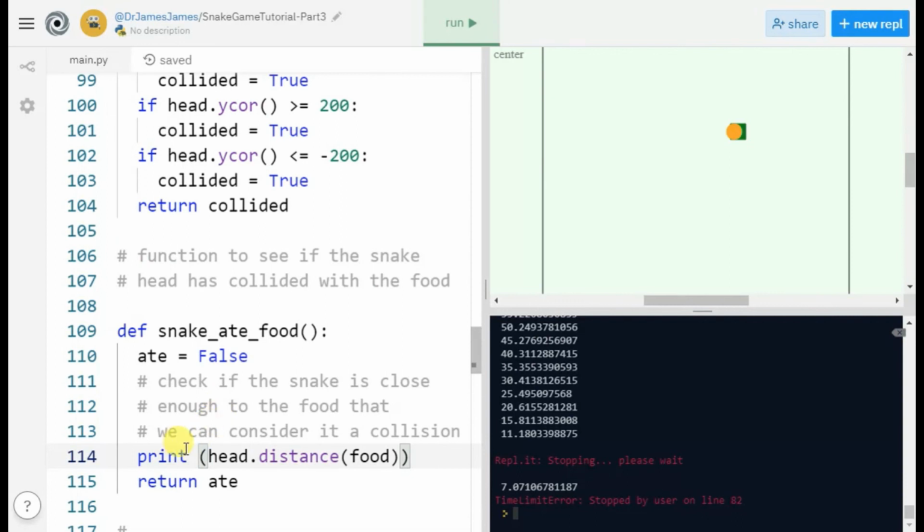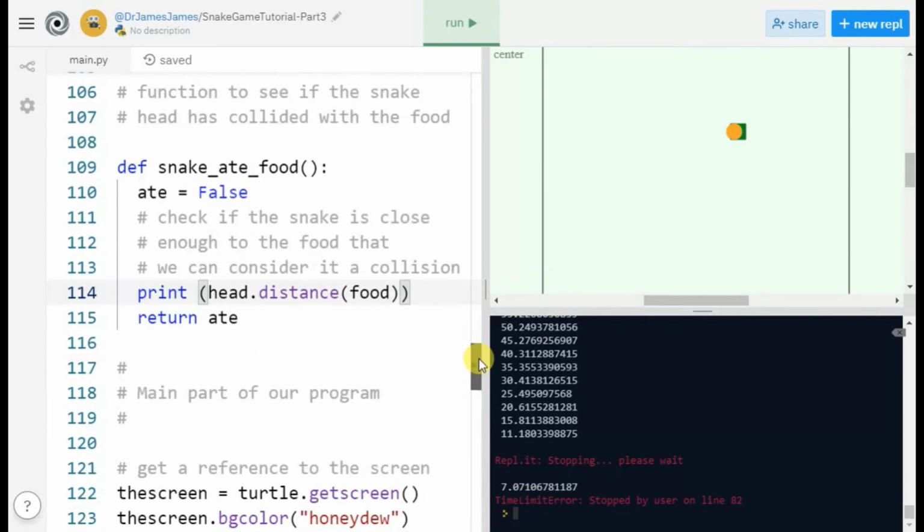So instead of printing out, this was a test print that we did in order to get some data about our program. Now I've used this to figure out that 15 is probably close enough for us to consider this to be a collision. I picked a number a bit back because I don't want it to have to be right on top of the food. I want it to be right when it touches the food. So instead of printing this out now,